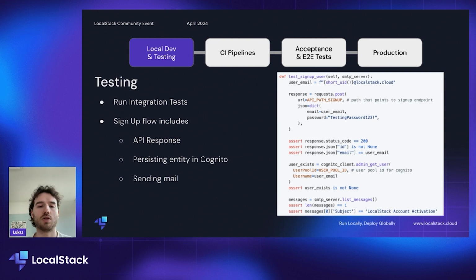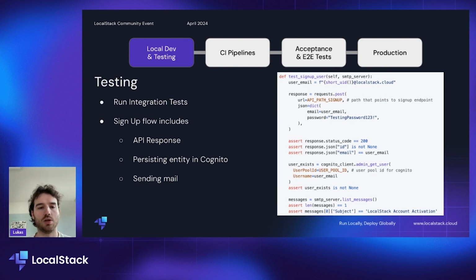So on the right-hand side, you can see a small example, which first uses requests, a Python library, to post a request to the sign-up endpoint. Then we check whether the response is successful and whether the ID is not none. Then we try to fetch a user from Cognito with that email and assert that it's not none. And last but not least, we list messages of the SMTP server and verify whether the subject reads LocalStack